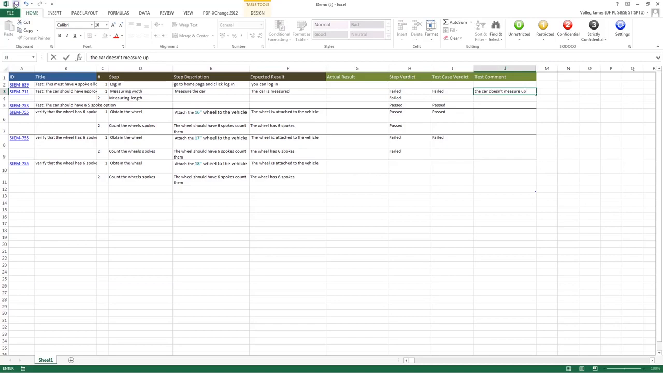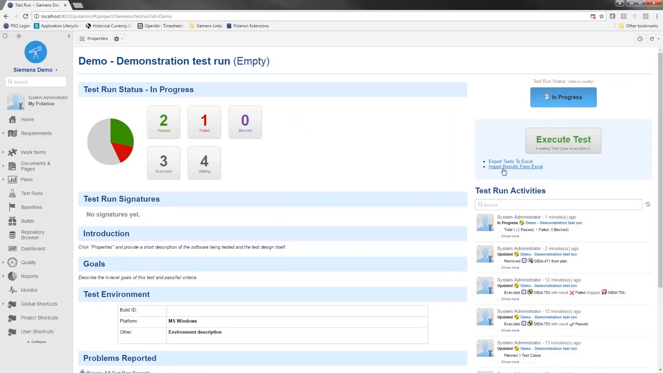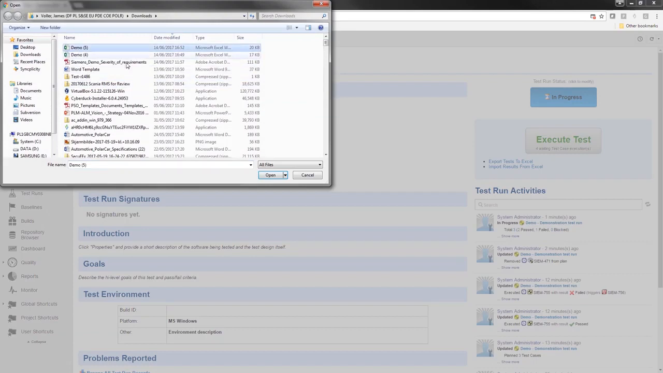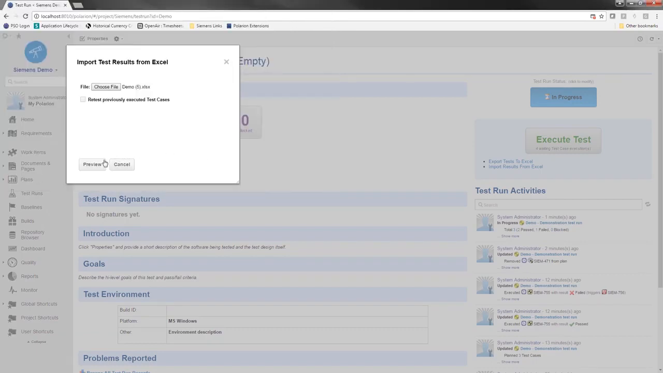Once you're happy with the changes you've made, you can save them as you normally would within Excel, and we can then import the results back from Excel within Polarion. So by selecting the results, import the results from Excel, we can now select our file that we wish to work with. I can select the one that I'm working with,